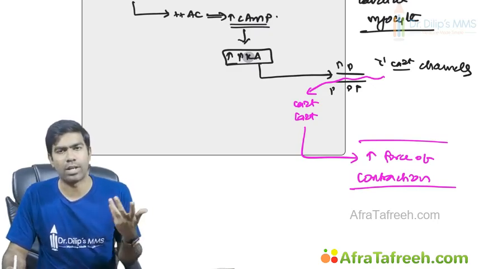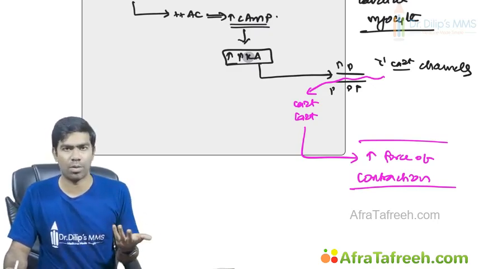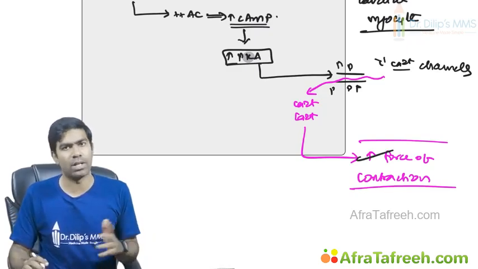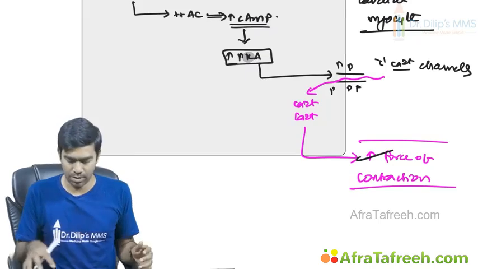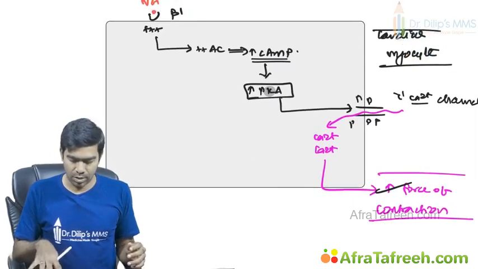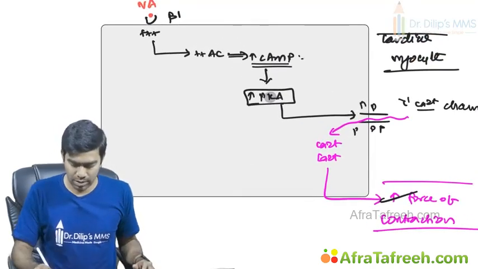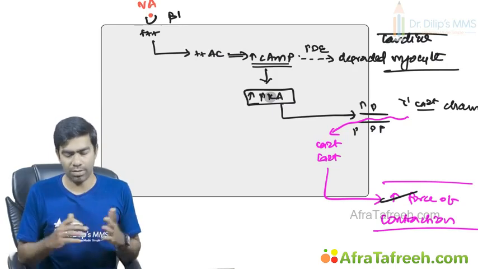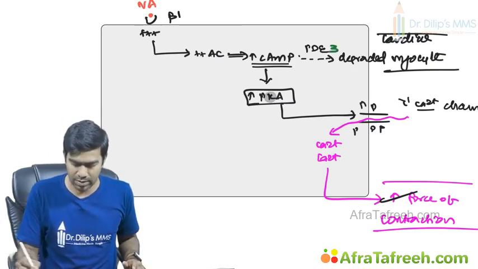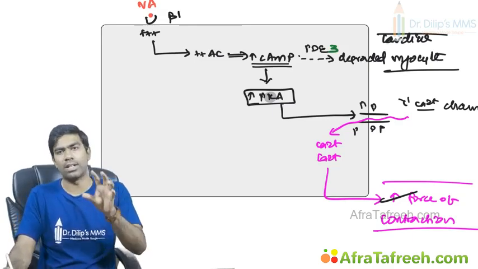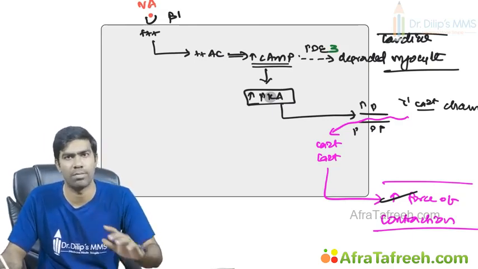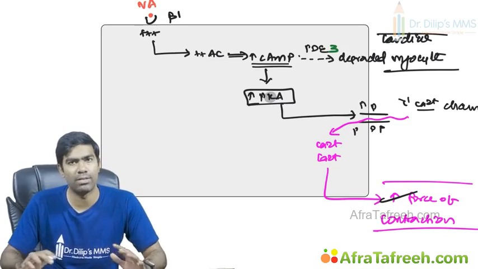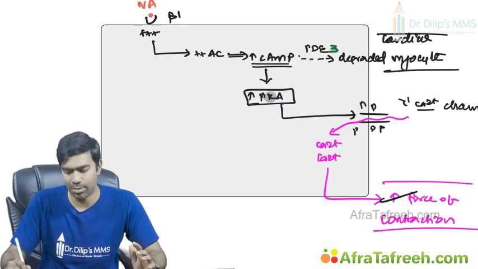That's how this pathway is going to increase, I mean, they're going to have inotropic action on the heart or probably the chronotropic action of the heart. So this is how this pathway works, by increasing the intracellular calcium. Similarly, you can utilize this pathway in many ways. I told you the cyclic AMP can be degraded by phosphodiesterase enzymes. In this particular example, we have phosphodiesterase 3 in the myocyte that is very important. That is a typical phosphodiesterase enzyme in the cardiac myocyte. So let us see how this pathway is beautifully employed in a lot of treatment aspects.